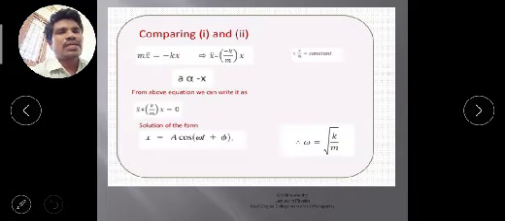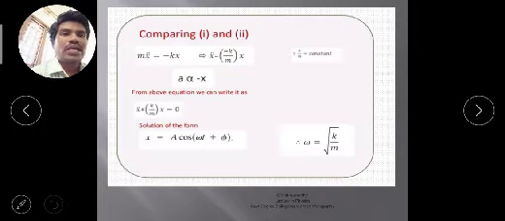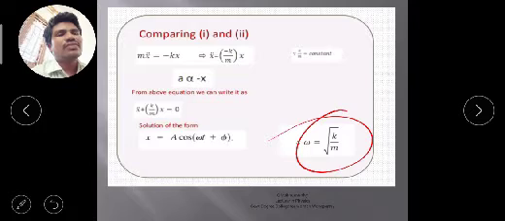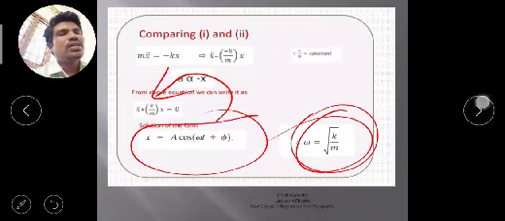Therefore k by m is a constant, so acceleration a is directly proportional to minus x. From the above equation we can write x double dot plus k by m times x is equal to 0. Then x is equal to a cos of omega t plus phi, and omega is equal to root of k by m. Substituting this value in this equation, we get